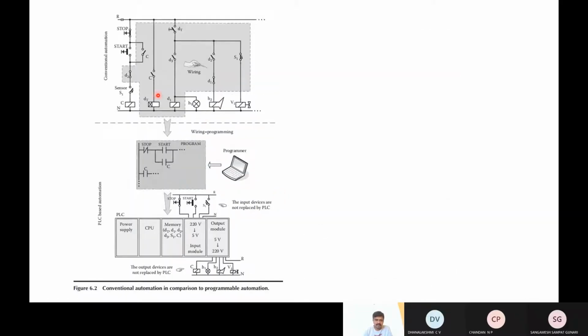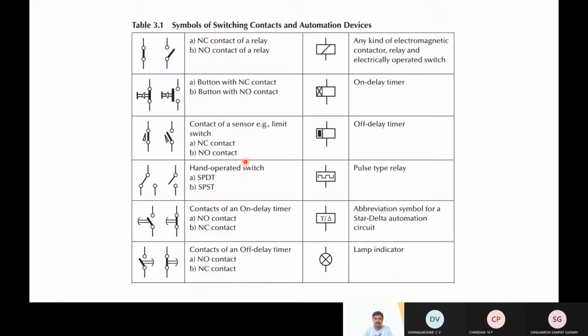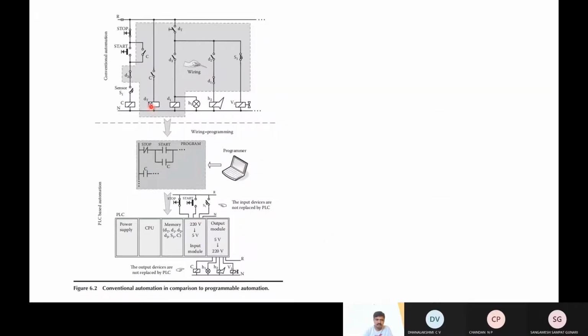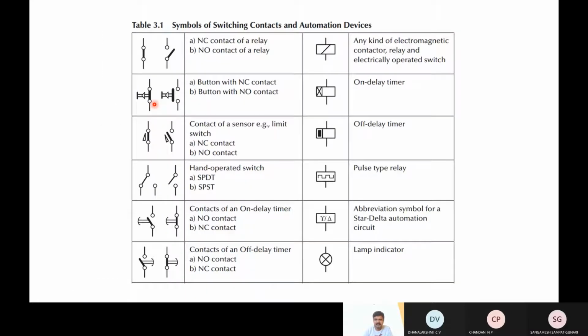We already discussed this in the previous module, while discussing automation circuits, we discussed these symbols. Here also there are a few symbols. This one is an on delay timer. Then this can be any switch.